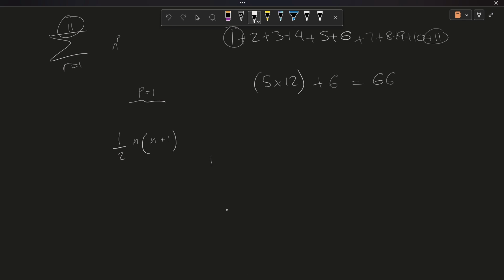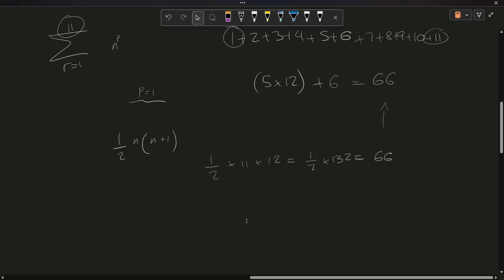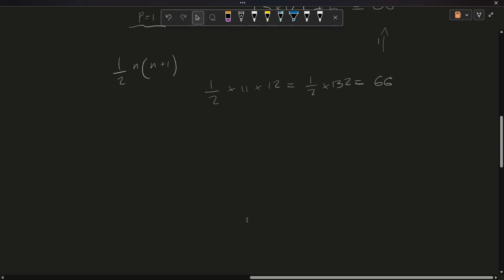So if we do it now, 1 over 2 times 11 times 11 plus 1, which is 12, is equal to 1 over 2 times 132, which is equal to 66, which is exactly what we got up here. So it works. We just substitute into a formula. If you want to do it manually, like you want to understand why this formula works,